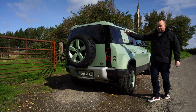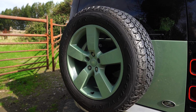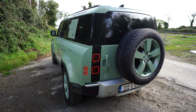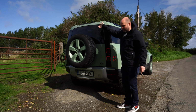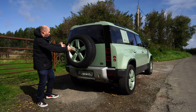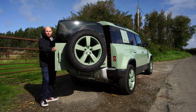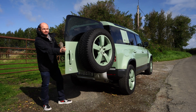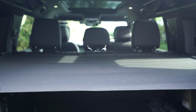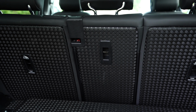Yes, also the spare wheel, which isn't covered, is the same colour. Beautiful LED rear lights that we've seen on the Defender since 2019. This one doesn't have the camera, so you still have the shark fin, but there's less going on in that. And you have your power assisted extra door here because it is quite heavy. But it reveals a really, really usable boot. You get 853 litres in the boot, which really has plenty of space to just move things around, and that's